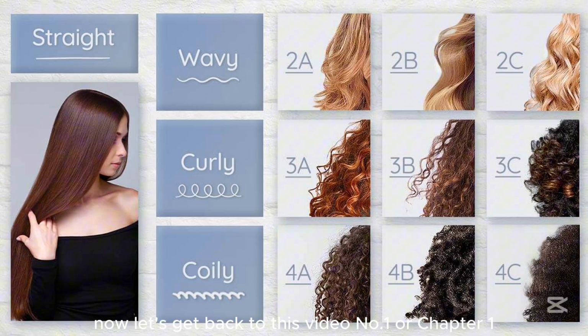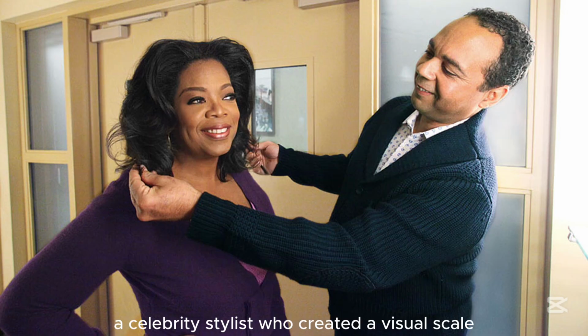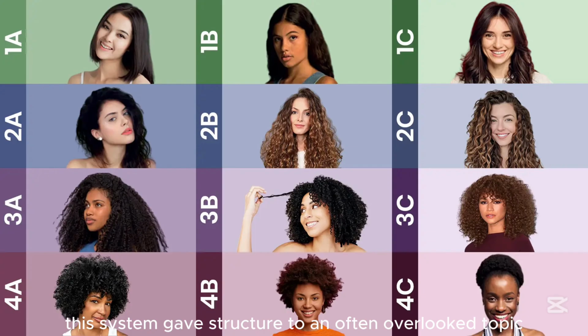Number 1 or chapter 1, the origin of hair typing. The hair typing system we know today started with Andre Walker, a celebrity stylist who created a visual scale to help people choose hair products. From type 1 straight to type 4 coiling, this system gave structure to an often overlooked topic, hair texture. But the natural hair community evolved. Now we don't just look at curls, we also consider porosity, strand thickness,